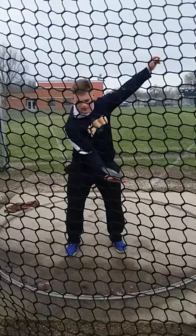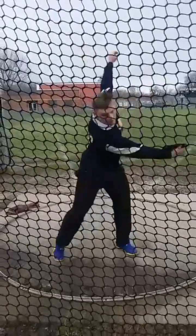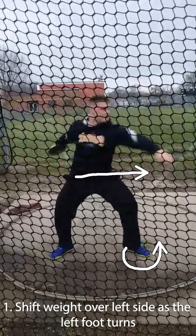At the start, I think this starts with the back of the ring. What we want to do is, when we turn our foot, when we start to throw in the back of the circle, we want to turn this foot around. And you do a good job turning your foot, so that's not the issue. But what you can improve on is you've got to get your hips to shift towards your left side